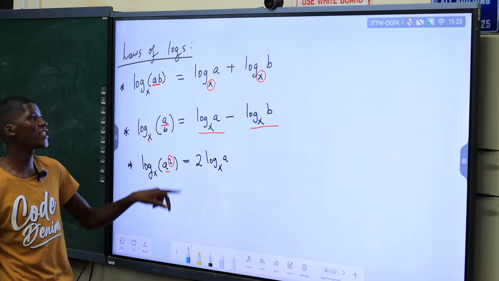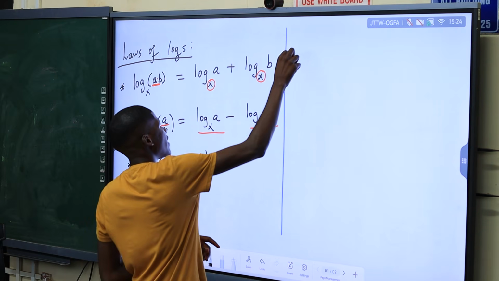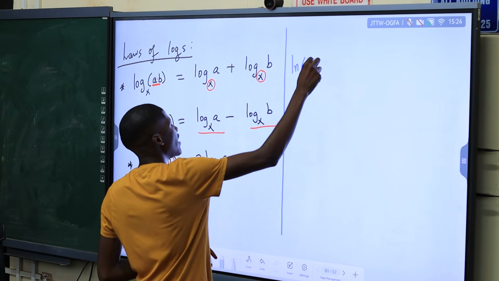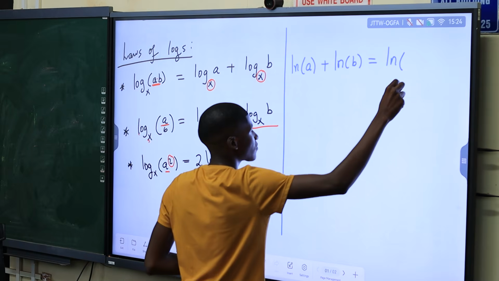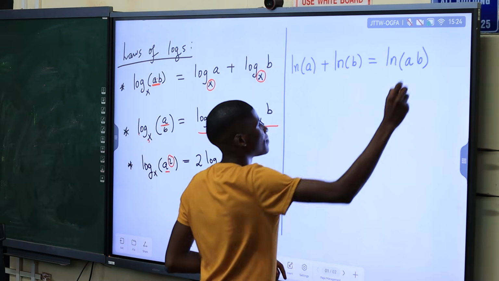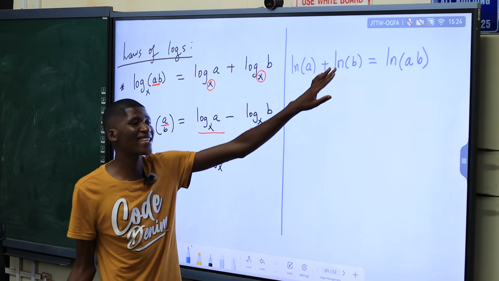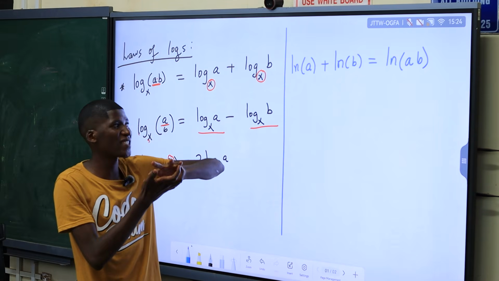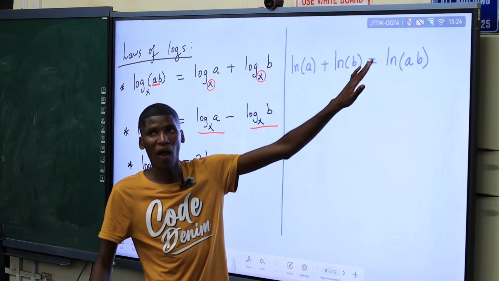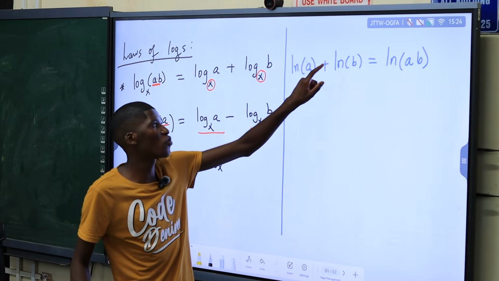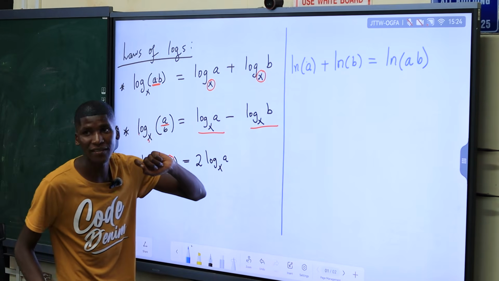These laws also apply to a natural logarithmic function. So if we put this in the context of a natural logarithmic function, ln of A plus ln of B will be equal to what? ln of A times B, right? Yes, because ln is actually log base e. Once the bases are the same, you can just compress your expression. Instead of writing log base e twice, you can just write it once, and then inside you must multiply them, because with a plus, we multiply our arguments.